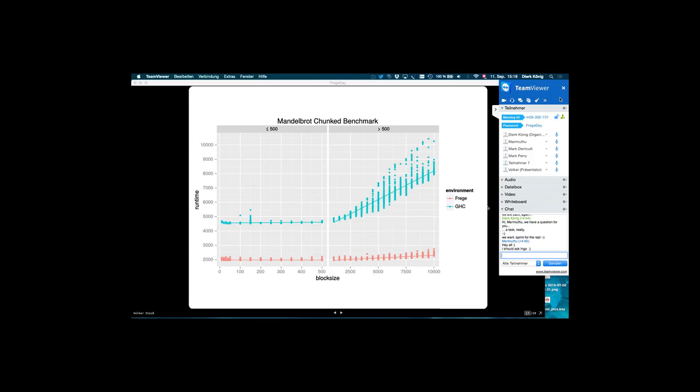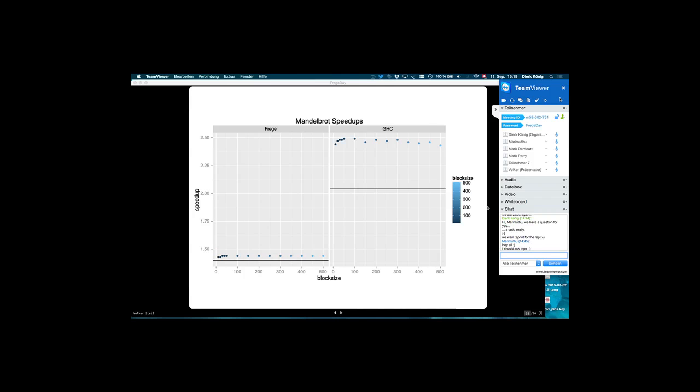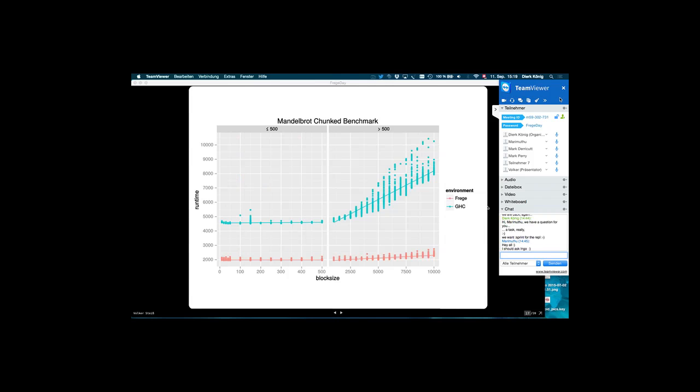There are strategies, I think it's called parBuffer in GHC, where you can pass an integer of maybe 100 or so as block size, and this exists also for lists, so you can use this.